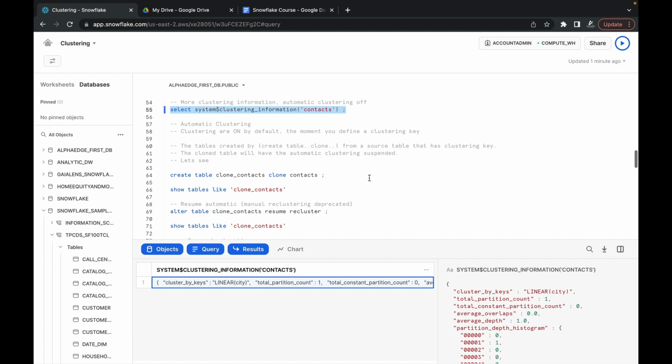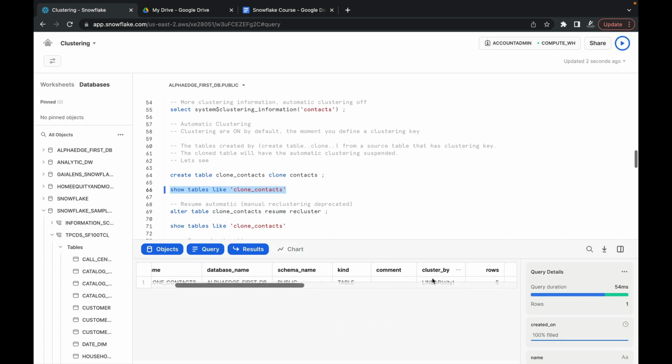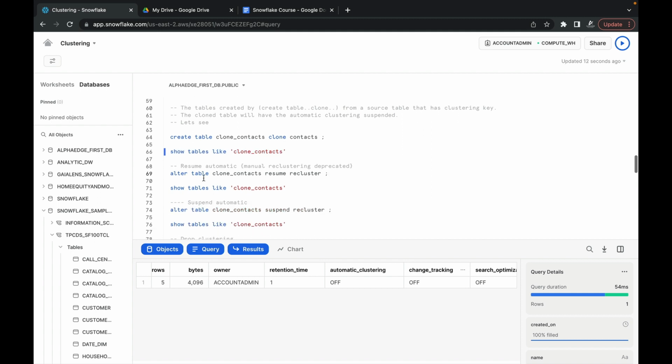So what we are doing here is creating a clone. Since we know that the contacts table is clustered, if you see here, the cluster key is city. Now we are creating a clone of the contacts table, and let's see the clone contacts. If you see, the table is clustered, but automatic clustering is off here. So what we have to do is resume it by using an alter command. I have resumed it, and if you see it here now,